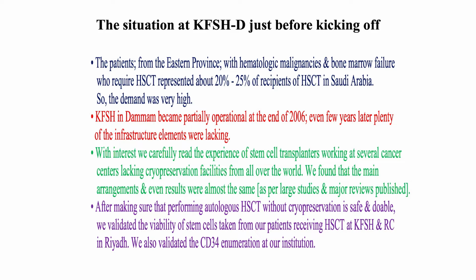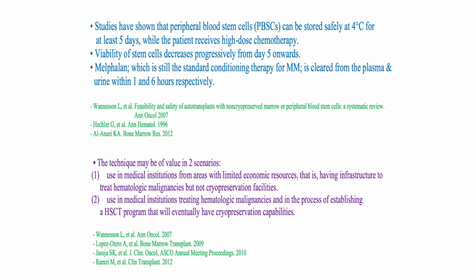After making sure that performing auto-transplant without cryopreservation is safe and doable, we did validate the viability of stem cells from samples of apheresis taken from our patients who were sent at that time to King Faisal Specialist Hospital. And we also validated CD34 enumeration. So these are important landmarks in the history of